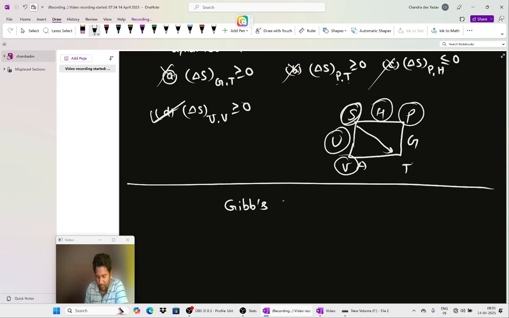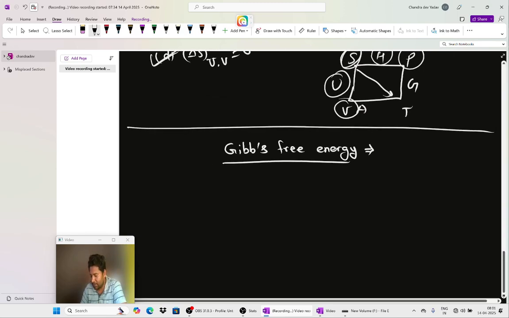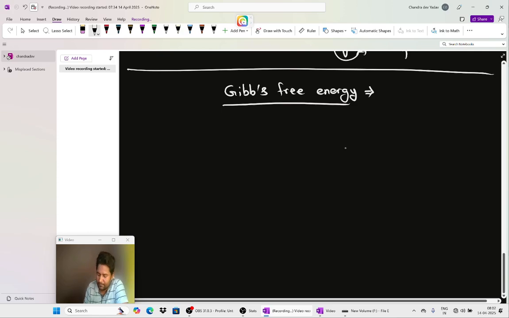Gibbs free energy is the best thermodynamic potential to explain spontaneity. Why is it best? So we will try to understand here